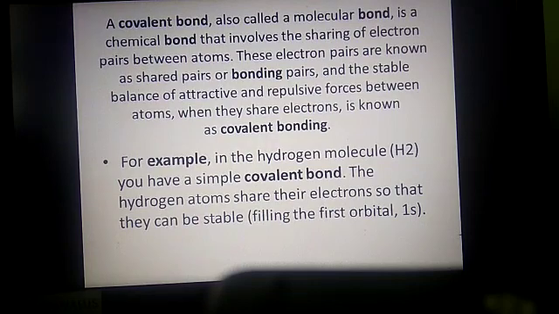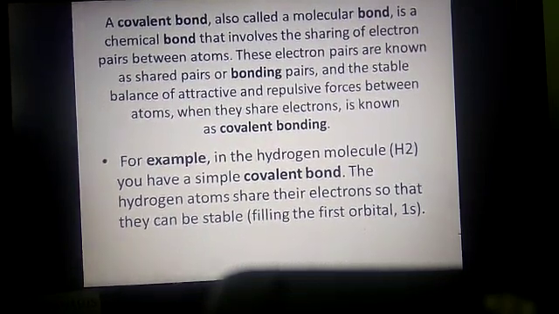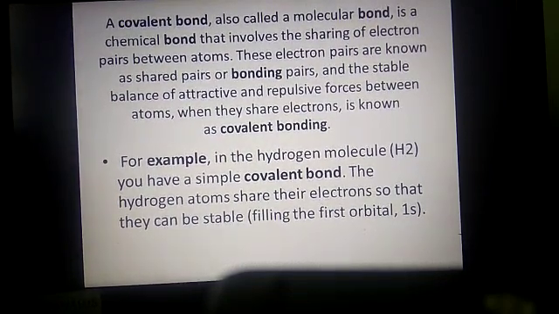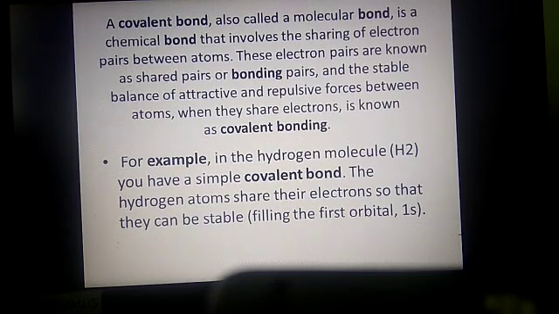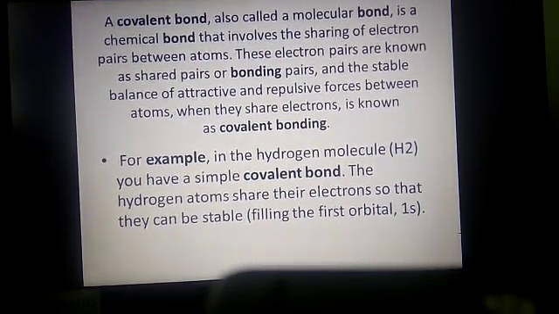So, this is how the electropositive atom undergoes oxidation, while the electronegative atom undergoes reduction, forming sodium chloride and calcium oxide, where oxidation and reduction always occur simultaneously because the electrons are lost by the reducing agent and gained by the oxidizing agent. So, next, the covalent bond.